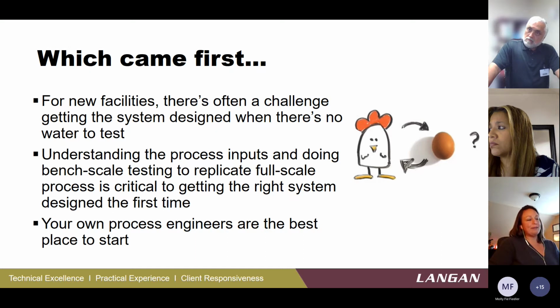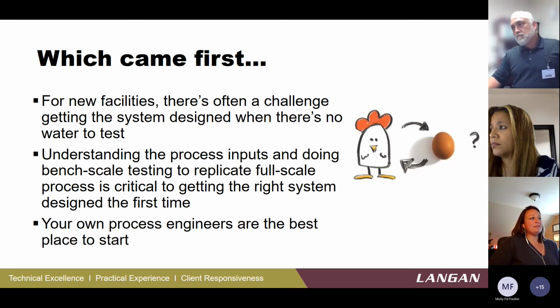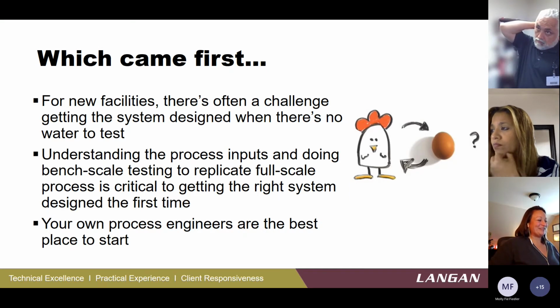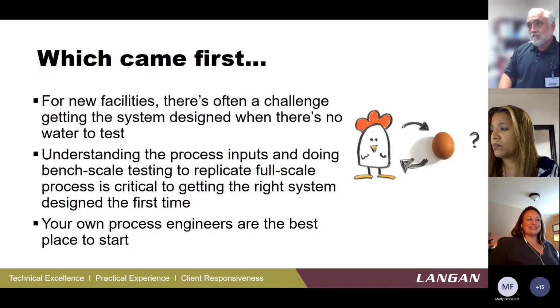Well, we can figure it out on paper and we can go through the process I described earlier, understanding what you're making. But then we get to the point where we have to create a treatment system, do some design work, and we don't have any water. So we get into the chicken or the egg scenario. This is where, to the question earlier about who does what, facilities versus process versus EHS, you really need to work as a team on these things because you start needing to rely on your process engineers a lot for this part.